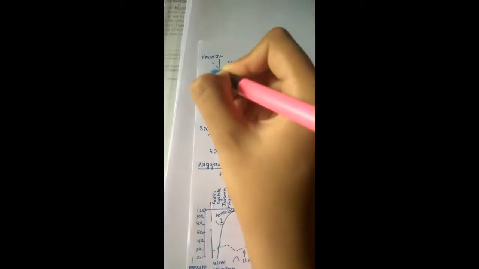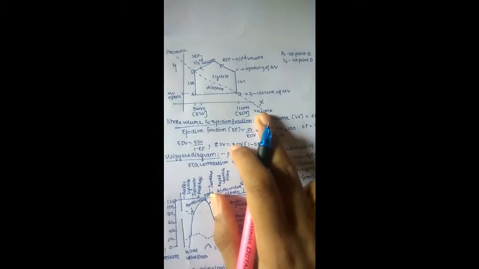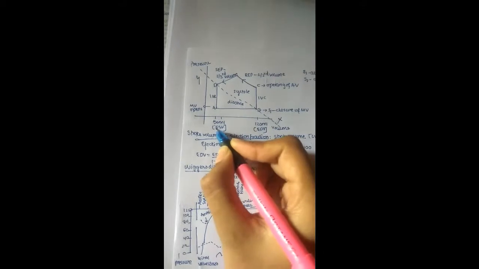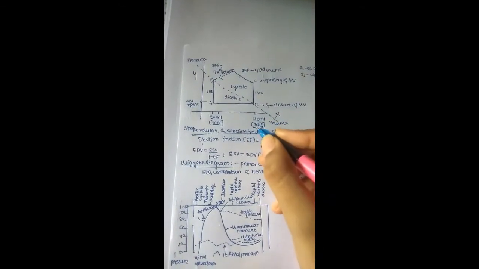So during ejection the volume is decreased, whereas pressure may increase or decrease. Let us see the graph here and understand this. This is an important graph to understand. Here you can see this is the x-axis and this is the y-axis. On the x-axis we have volumes, on the y-axis we have pressures. On the x-axis we mainly have end systolic volume and end diastolic volume. As we said already, end diastolic volume will be more because of more filling, so 120 ml. End systolic volume will be below 50 ml.